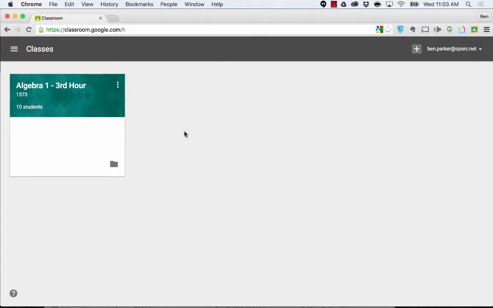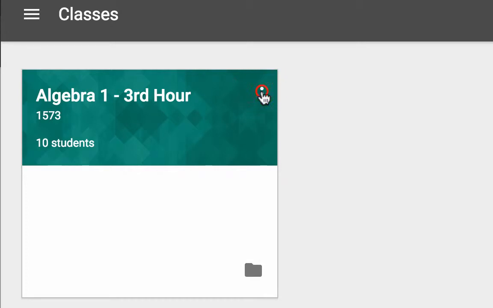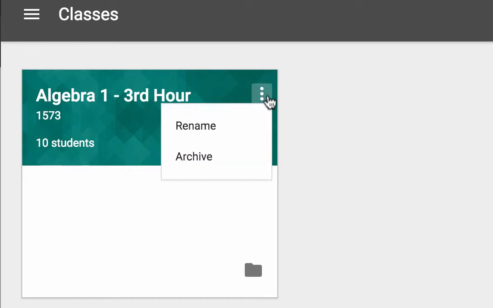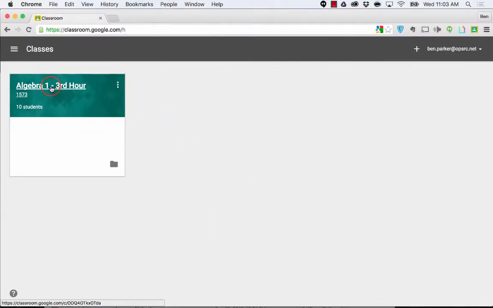So now that we're ready to walk through the classroom, you can see I have my class here. Like we talked about, each class gets its own Google Drive folder, so I can click on this folder and open the Google Drive folder for my class. And so that is an option for me. I can also come up here and click on these little 3 dots on the top right-hand corner, and I can rename the class, or I can archive it, which would remove it from this screen. But once again, if I come to the menu and go to archived classes, I could still get back to it. So I'm going to click on the name of my class to open it up,